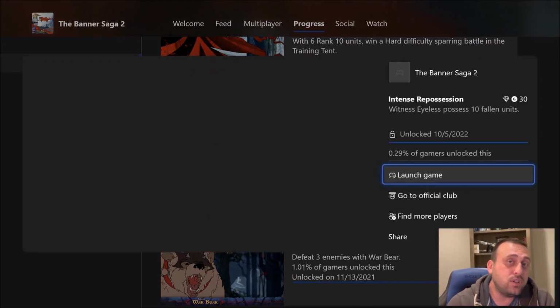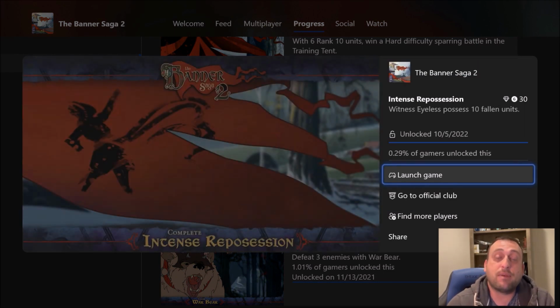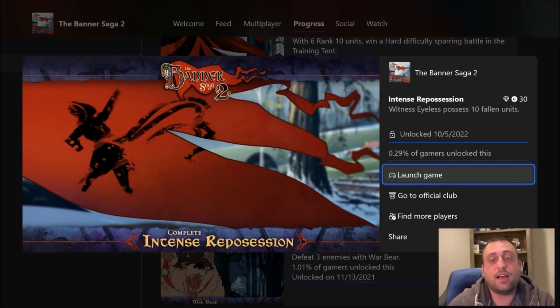The most annoying achievement for this game. I'm gonna pick two, and the first one is Intense Repossession. What you need to do is witness Eyeless possess 10 fallen units. So there's a boss in the game that's named Eyeless, and you actually run into them twice during the game,